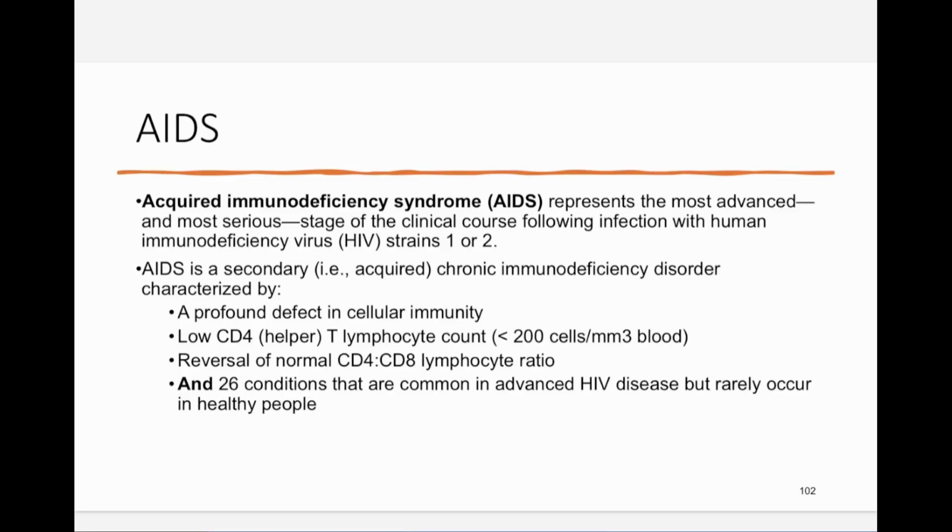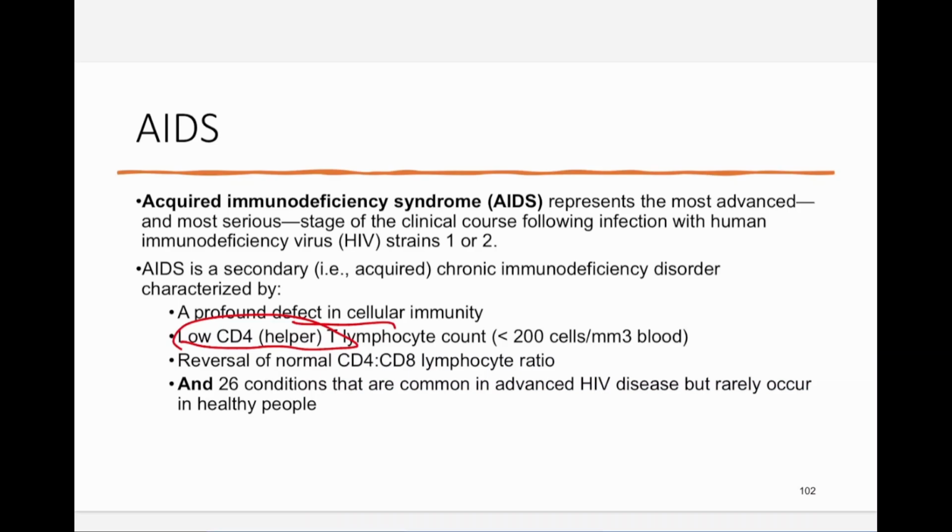Next one is AIDS, so acquired immunodeficiency syndrome. So now their immune response is lacking. There isn't one. Now we're on the opposite end of the spectrum. We're not having a hypersensitivity reaction. We're not having any reaction. It's the most advanced stage. They have HIV first, and then once certain levels drop, we diagnose them as AIDS. Defect in cell immunity, low CD4 count. So the CD4 to CD8 ratio is a big one when it comes to HIV/AIDS. When it gets to a certain ratio, then they classify you as AIDS.